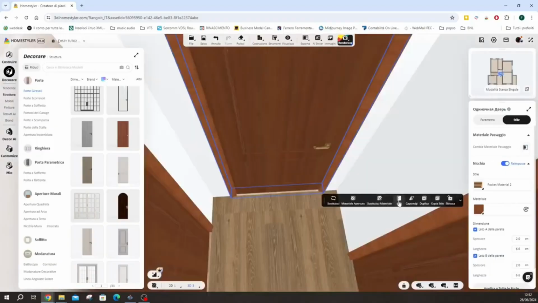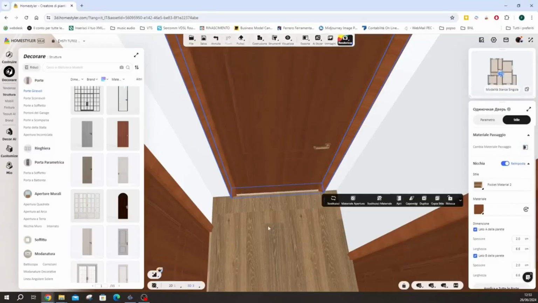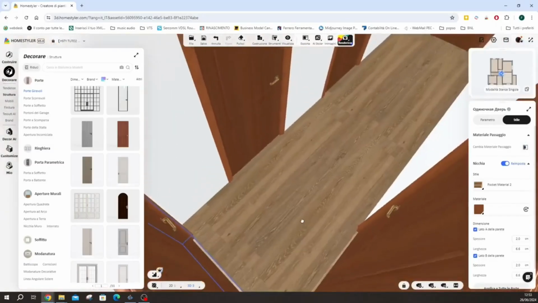We can also see it clearly with the door open. We do this with the command open door. Let's see what happens, so we can understand it better. Let's go back to the previous option, close the door, go back to the living room and see what the other style options are.